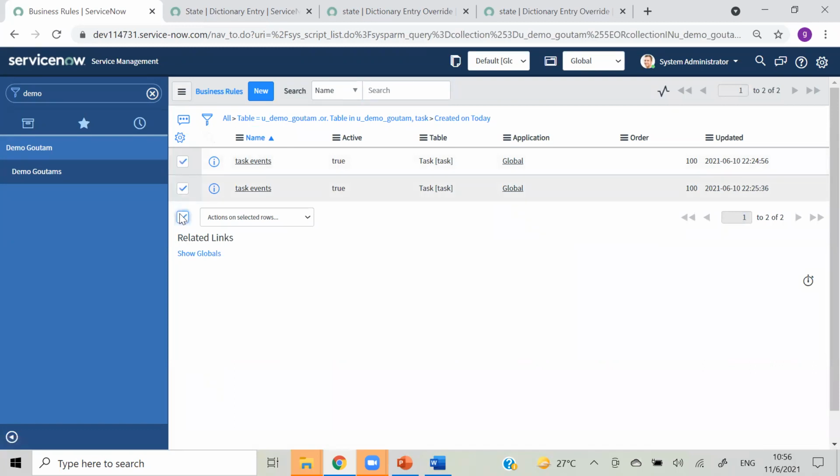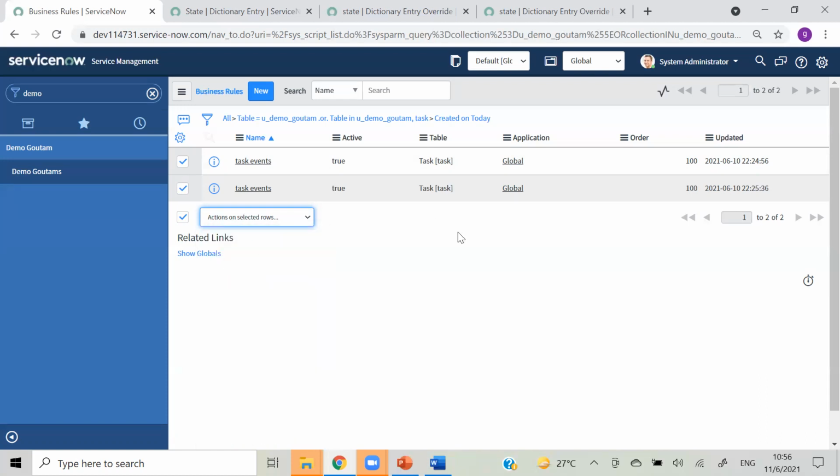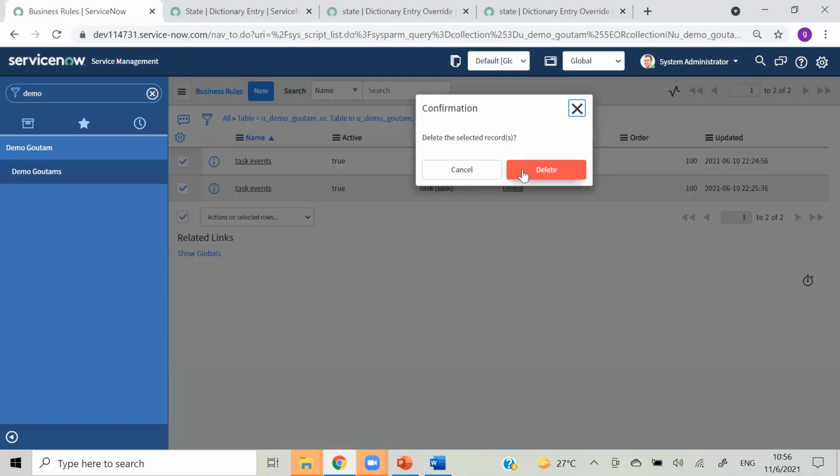Clear? What is the difference between save and update? When we click on save, it will stay on the same form. If you click on submit or on the update button, it will go back to list view. If you click on insert, it will insert a record with the same details on the form, like creating a duplicate, and it will go to list. And if you click on insert and stay, it will create a new record, but it will stay on that form itself. So I am removing this duplicate.